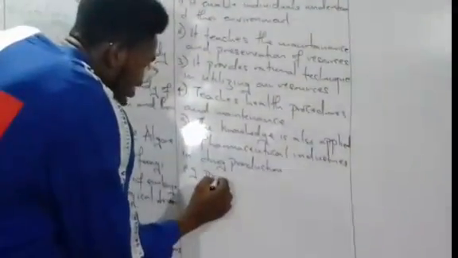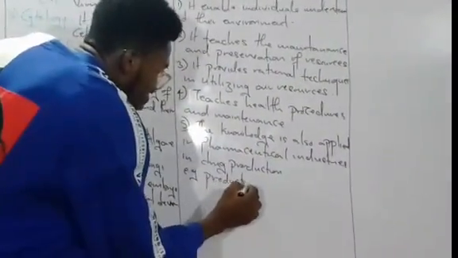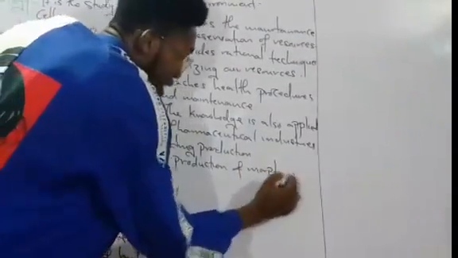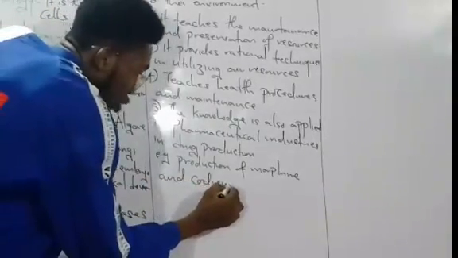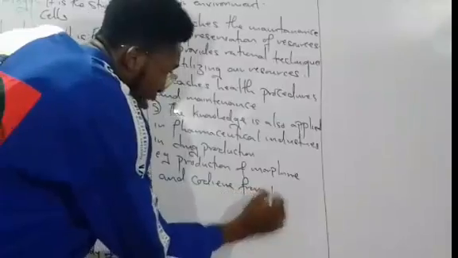Let me put the example here, e.g., production of morphine, which is an analgesic, and codeine, these are drugs,